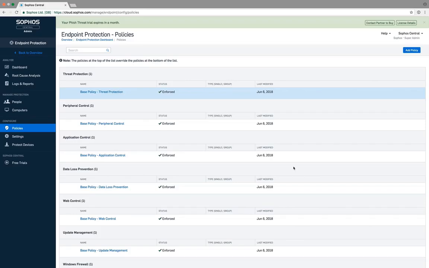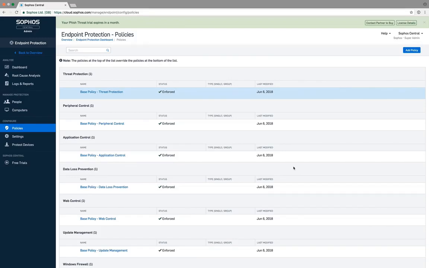You have a few options for getting users into the system. You can add users manually or import them via CSV files by clicking the People link here. You can also sync with Active Directory by using our tool found in the Settings section here. And finally, when deploying the endpoint agent found in the Protect Devices section, more on that in a bit, it'll simply create users automatically each time it's installed on a machine.